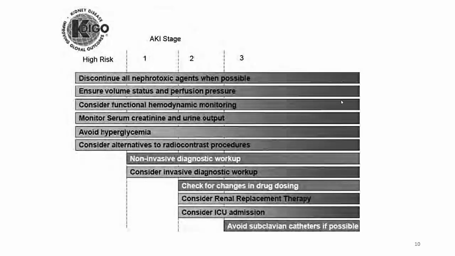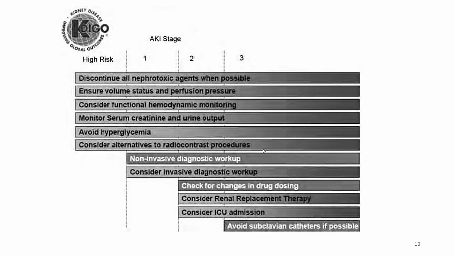Volume status often is not dealt with as aggressively as we should probably. Hemodynamic monitoring and monitoring serum creatinine and urine output, we are usually pretty good at that, but avoiding hyperglycemia, we do know that we don't do it too tightly, but we still do it pretty well. However, seeking alternatives to radiocontrast procedures often is not the case when someone has an apparently normal kidney function. However, if you think about it, if you do a contrast study for 100 patients with normal kidney function, you probably will induce acute kidney injury in a few of those. And if you just sought alternatives when possible, you may have saved them 1 or 2 acute kidney injuries, but